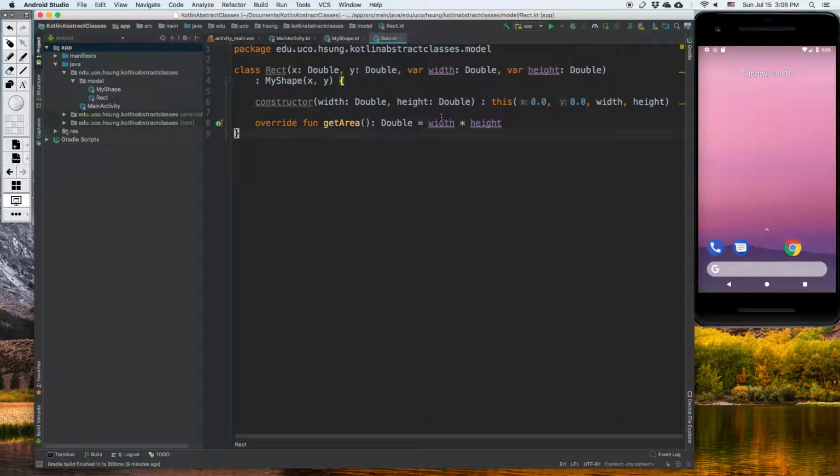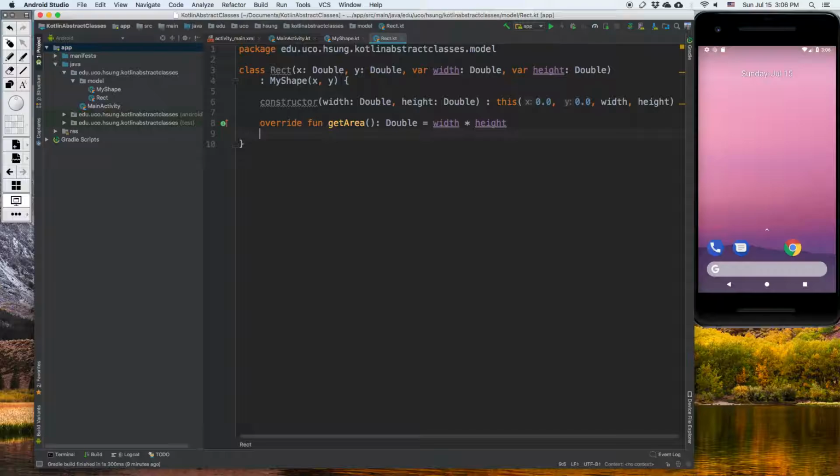Also, eventually we are going to display those objects of rectangles or circles on a list view. So let's have some string representation of this Rect class. To do so, we need to override the toString method. In this also, we are going to use a single expression. So this is a rectangle class, and it has an x and y location,